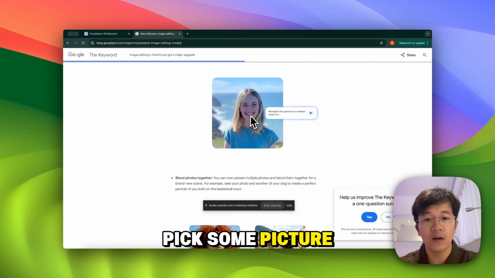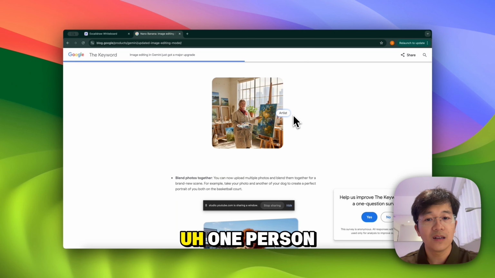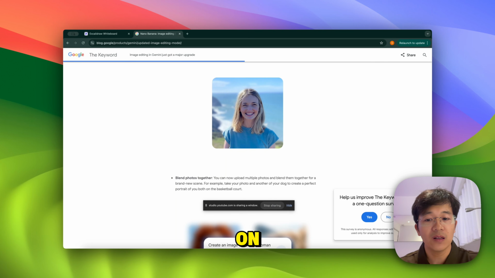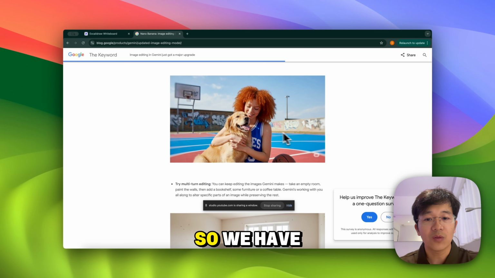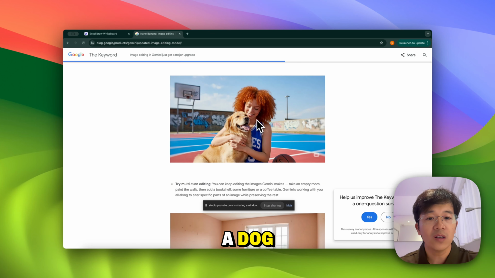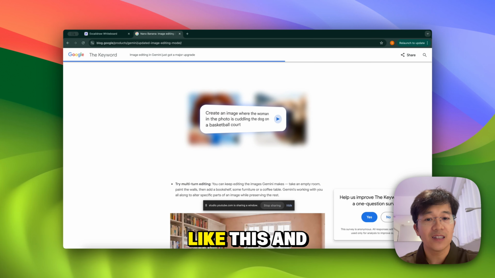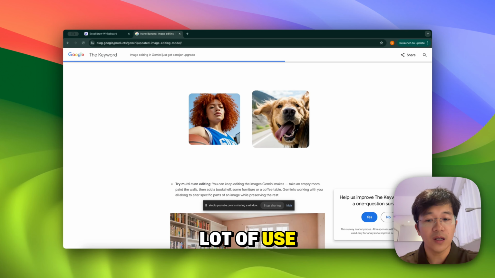You can pick a picture, for example, and ask for one person to wear different clothes and backgrounds. You can blend different images together. For example, we have an image of a woman and a dog, and you can blend those two together like this. It's realistic, and it can be used in a lot of use cases.